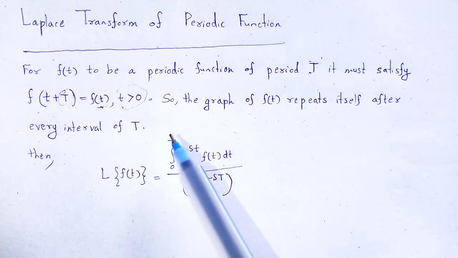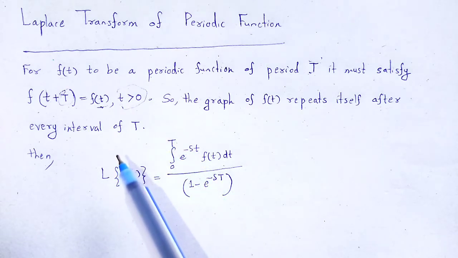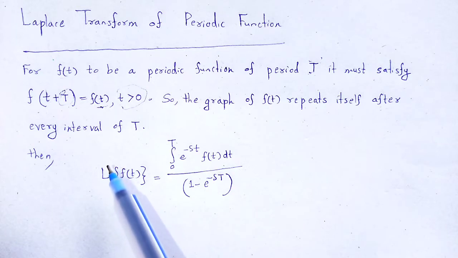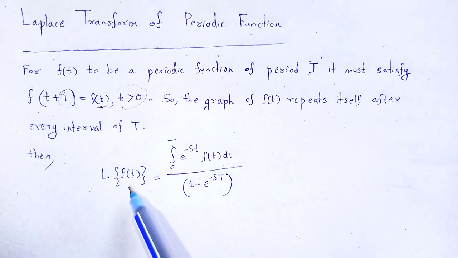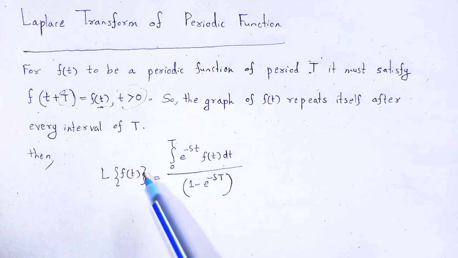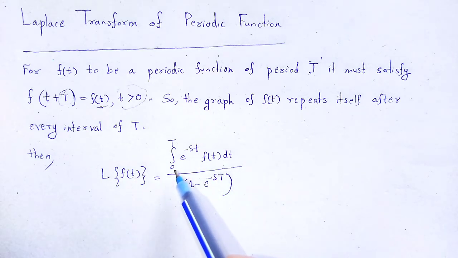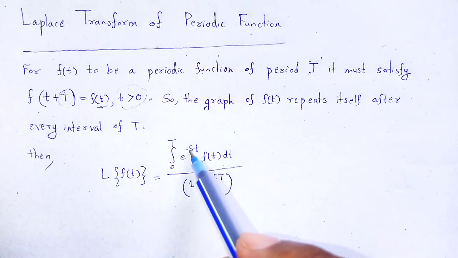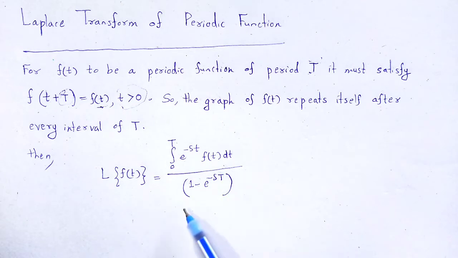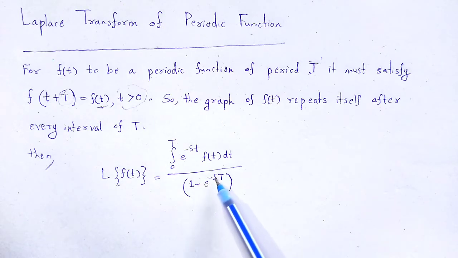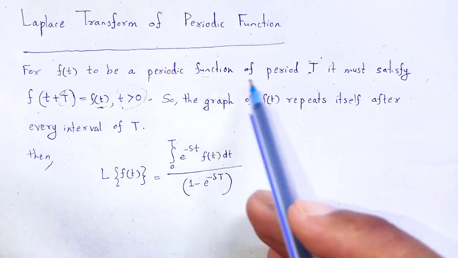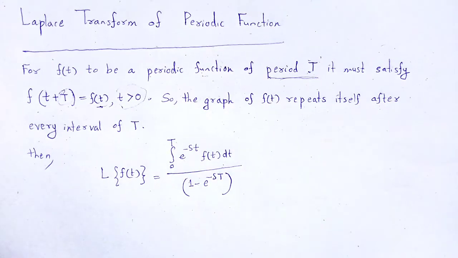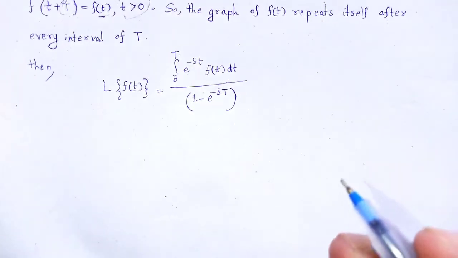If that given function is periodic, then what should be the Laplace transform of that kind of periodic function? Laplace transform of f of t, which is a periodic function of period capital T, is equal to the integration from 0 to capital T e to the power minus st f of t dt divided by 1 minus e to the power minus sT, where T is the period. Now, we prove